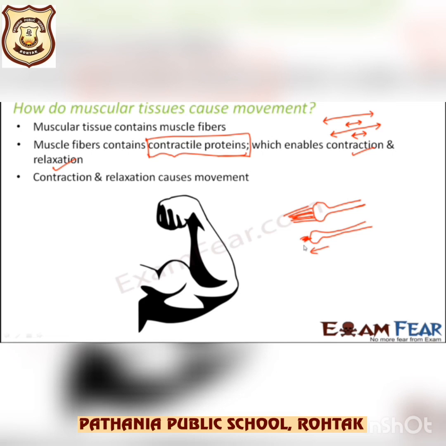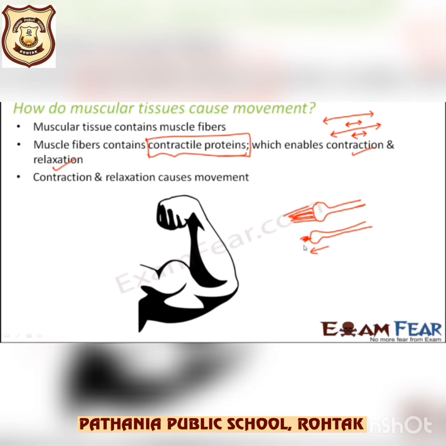So please note that when a muscle contracts it is short, but when a muscle stretches it lengthens. So the movement of body parts in human beings is brought about by the alternate contraction and relaxation of the muscles attached to the movable bones of the skeleton. When muscles pull on the bones, they produce movements such as moving the head, bending and straightening of the arm, walking, running. The contraction of muscle is controlled by the brain. This is an example of how our body parts move by the action of muscles joined to the bones. I hope it is clear to everyone, right?